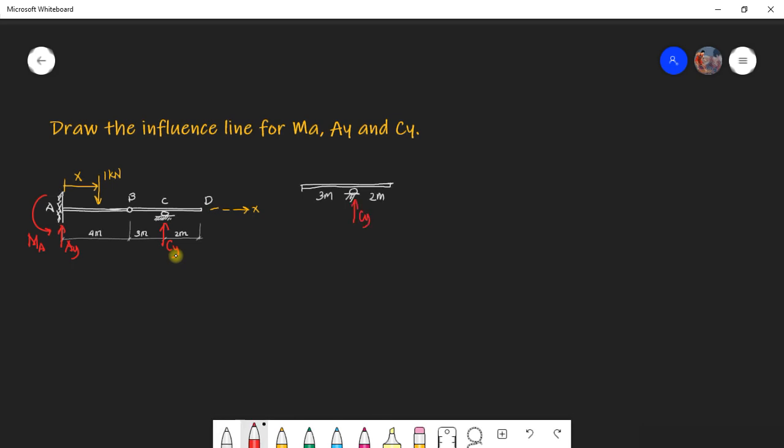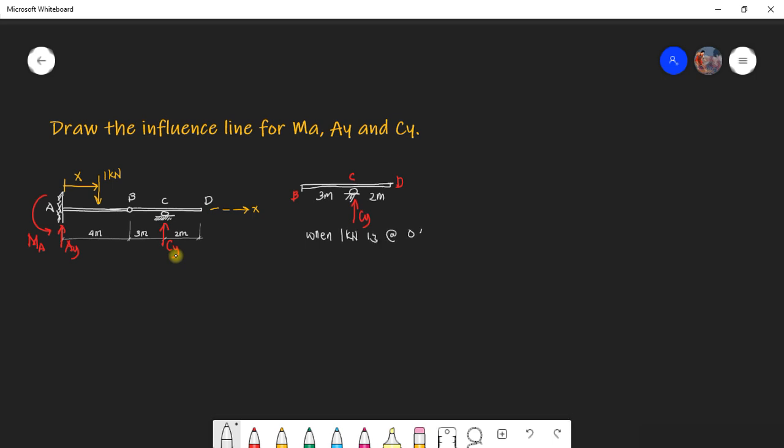Notice that in BCD, before the unit load is on member BCD, here is B, here is C, and then D, we need CY when the 1 kilonewton